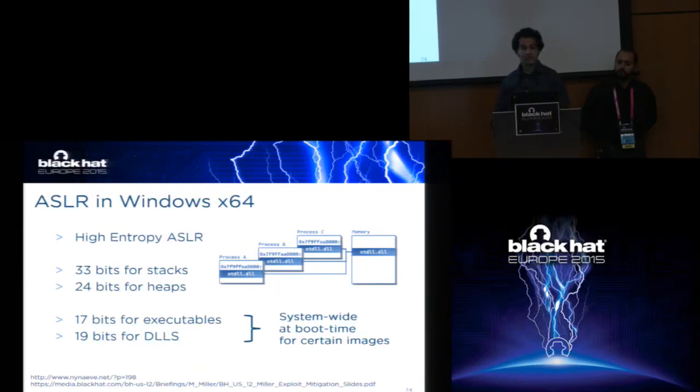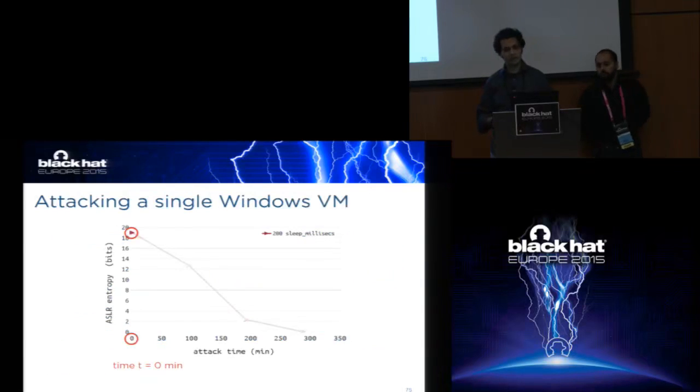There are some DLLs like ntdll that also don't relocate. So once you have managed to leak that address, it's going to remain the same. And ntdll is the actual target that we are attacking in the evaluation of Kane. For our first attack here, we have one victim VM and one attacker VM. On the y-axis we have the entropy bits, so in the beginning it's 19 bits for ntdll. And on the x-axis you can see the attack time as it progresses.